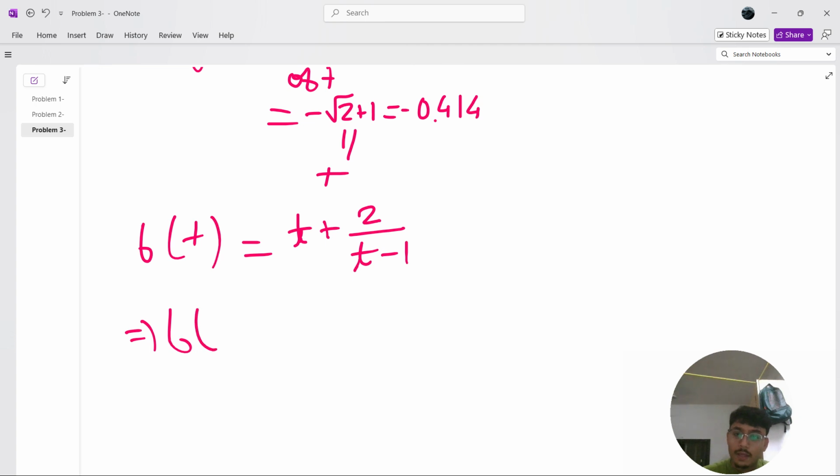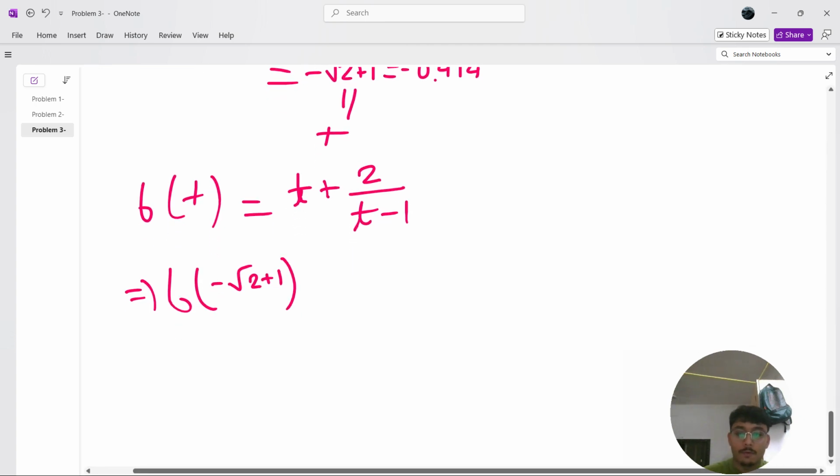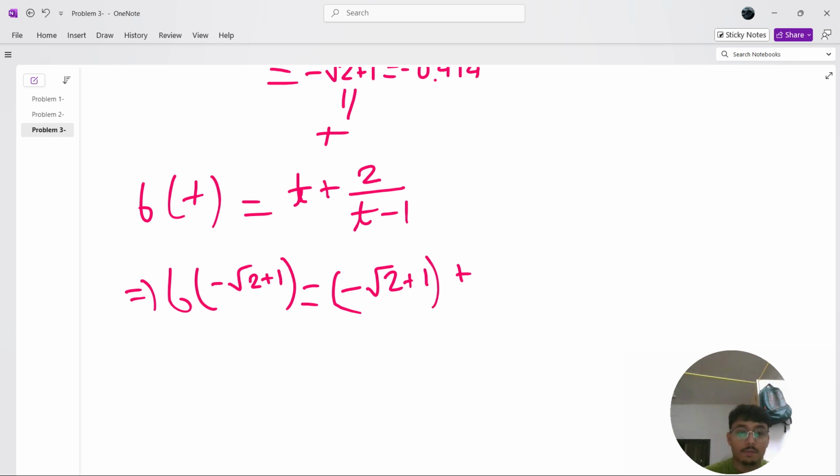If you put in minus root 2 plus 1, what do we get? Minus root 2 plus 1 plus, I'll put this in brackets, 2 by minus root 2 plus 1 minus 1. My 1 and 1 get cancelled. What are we left with? Minus root 2 plus 1